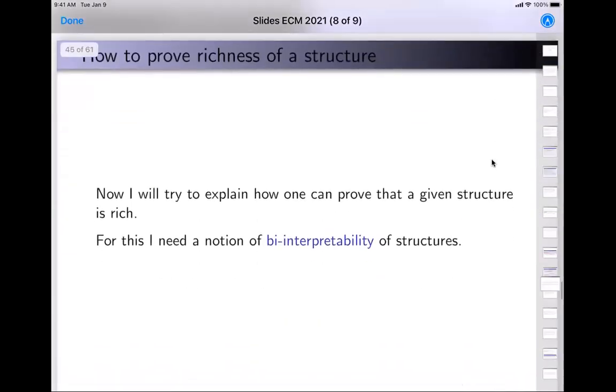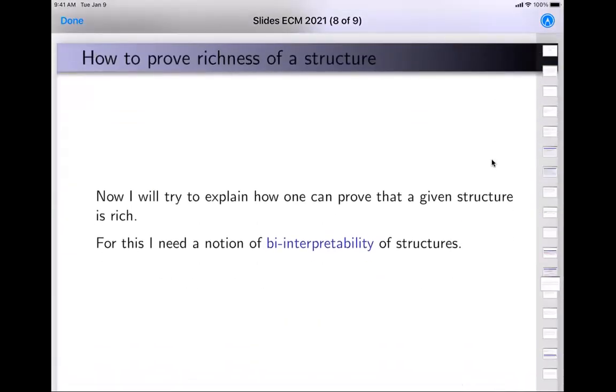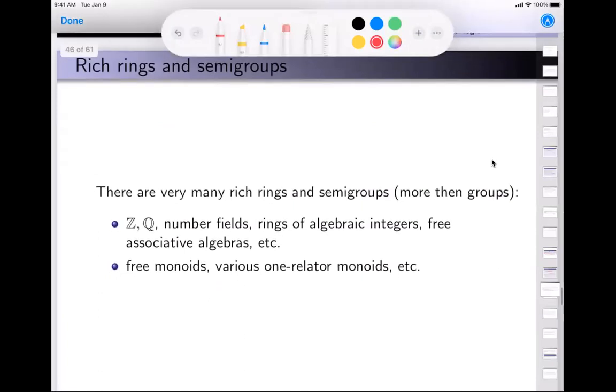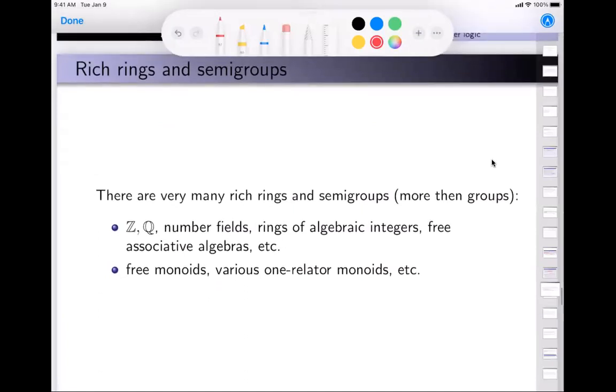How to prove that a given structure is rich? To explain several kinds of methods, I need the notion of bi-interpretability of structures. Yeah, before that,